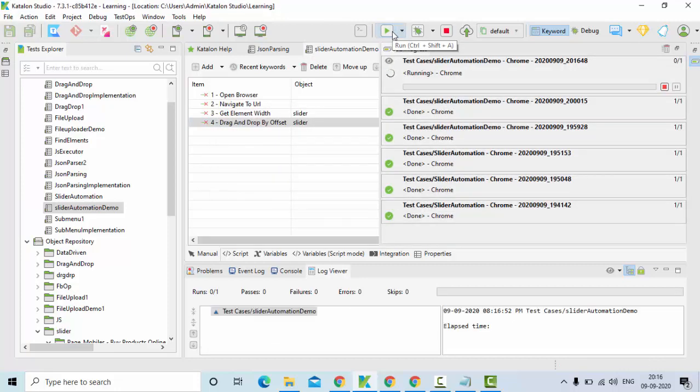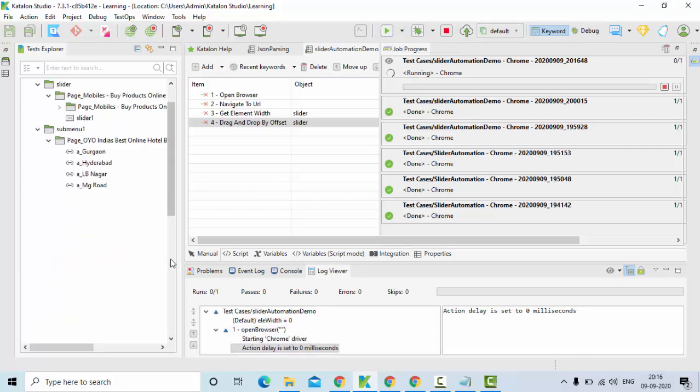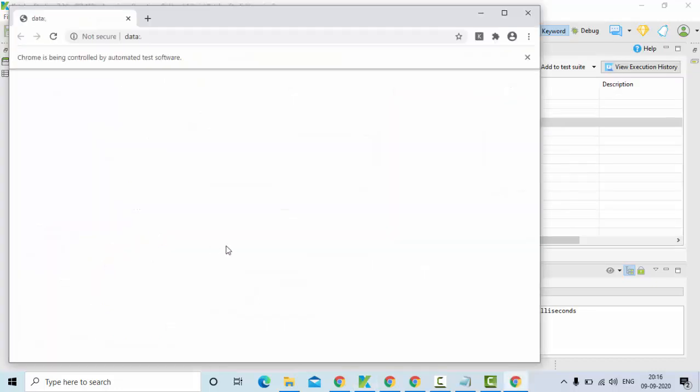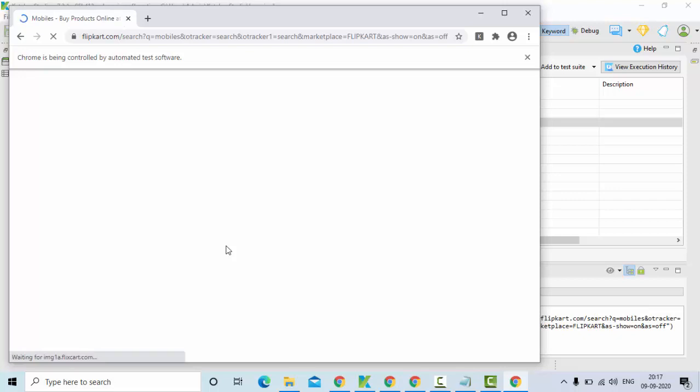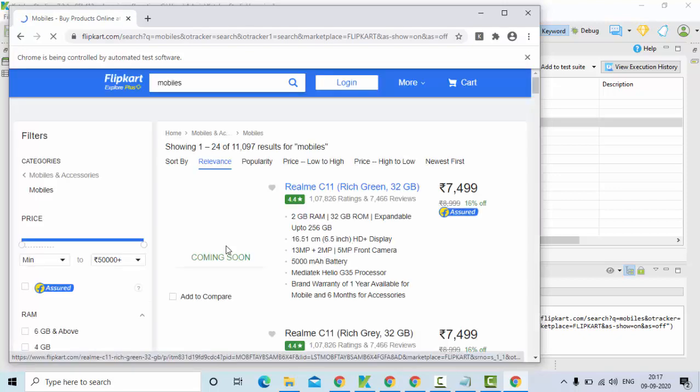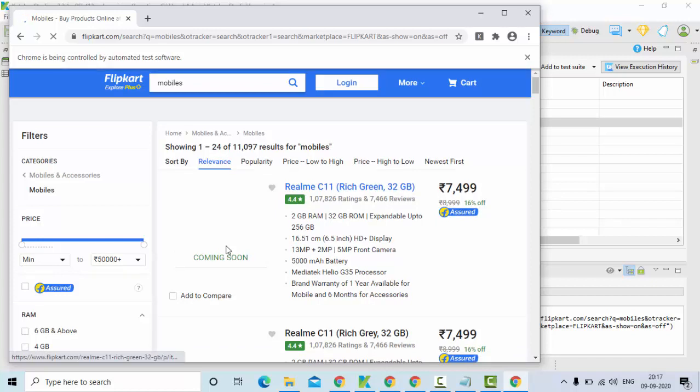I think you understood the concept, right? Simply go to that variable and see what XPath it is giving, and if you feel like it's not good for the requirement, you can obviously change it. There is nothing wrong in it. Now you could see it has started running the script and the web page is still loading, so let it load.